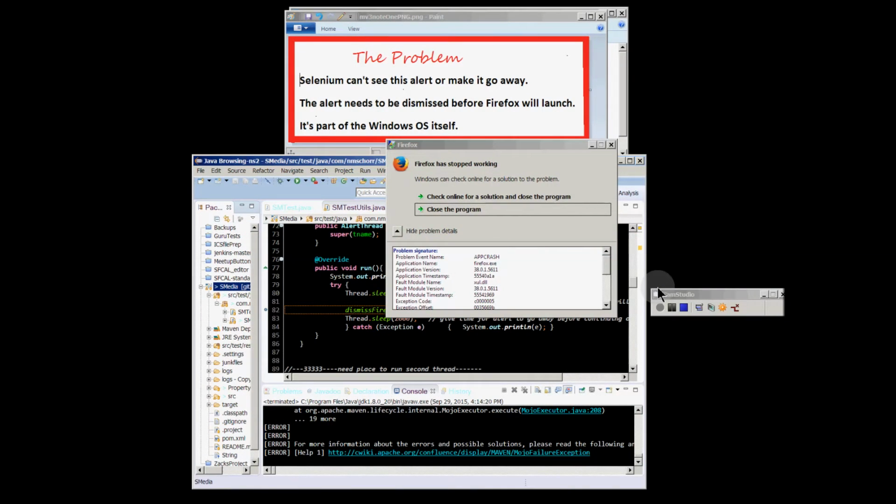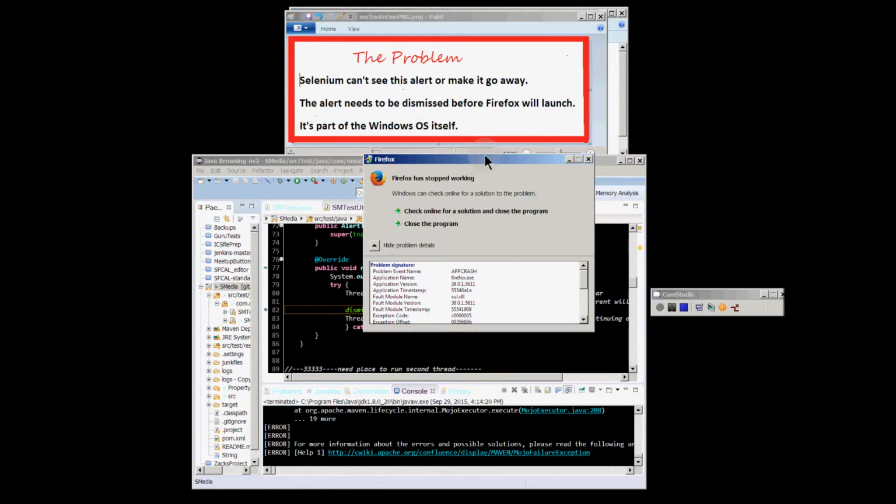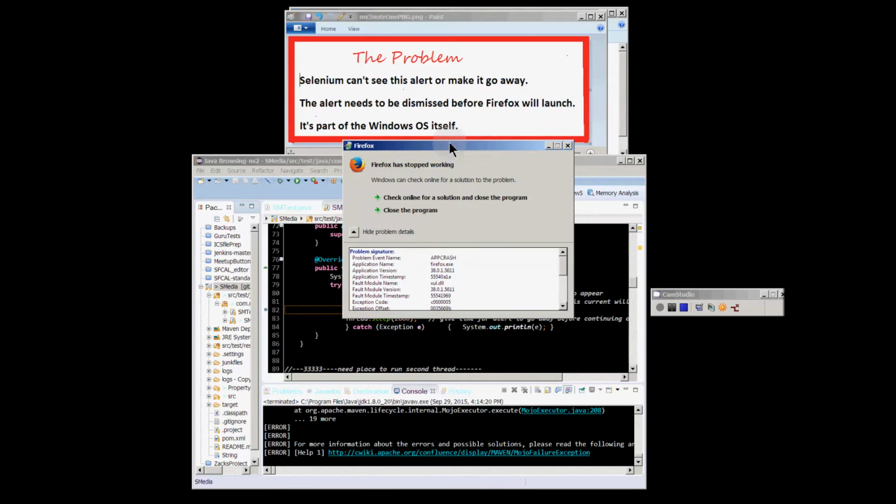Thanks for joining me. I'm here to show you today a workaround to an annoying problem that comes up between Firefox and Selenium. The problem is that with certain versions of Firefox, when Selenium contacts Firefox at a low level, instead of launching cleanly, Windows interrupts and announces that Firefox has crashed, and it puts up this annoying alert dialog window that prevents anything else from happening, and your Selenium script, or my Selenium script anyways, comes to